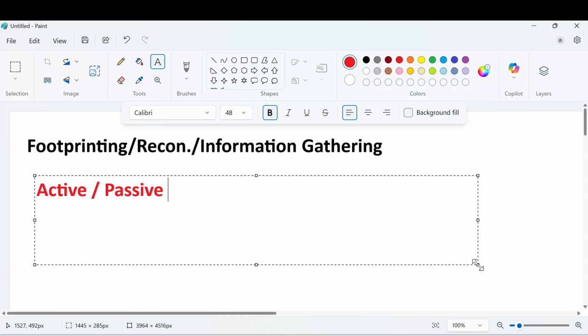Now, guys, in this module, we are going to talk about how we perform footprinting, what methods we have, and what tools will help us to perform the footprinting. On the basis of that, the first one is active footprinting,